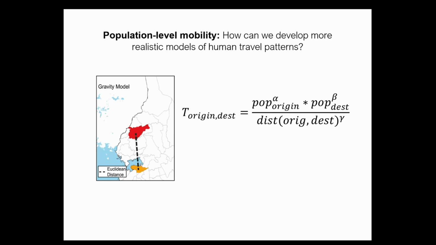And so this model is sort of ubiquitous in the field, mostly because it's really, really simple and it seems to do an okay job. The actual structure of the model can differ. People add in different covariates and do it different ways. But effectively, the model is structured so that they try to estimate the number of trips between locations. They say the attractiveness of a place will be based off of how big that place is, and then how far away it is is your deterrence factor for that.